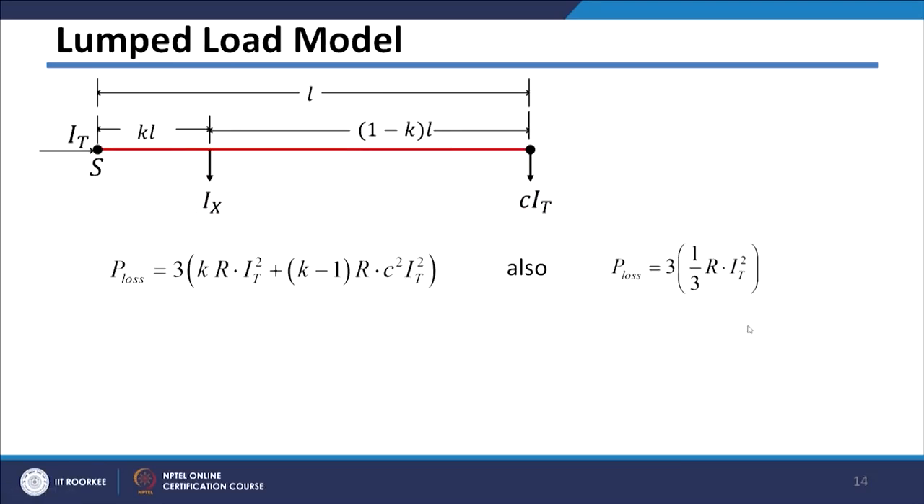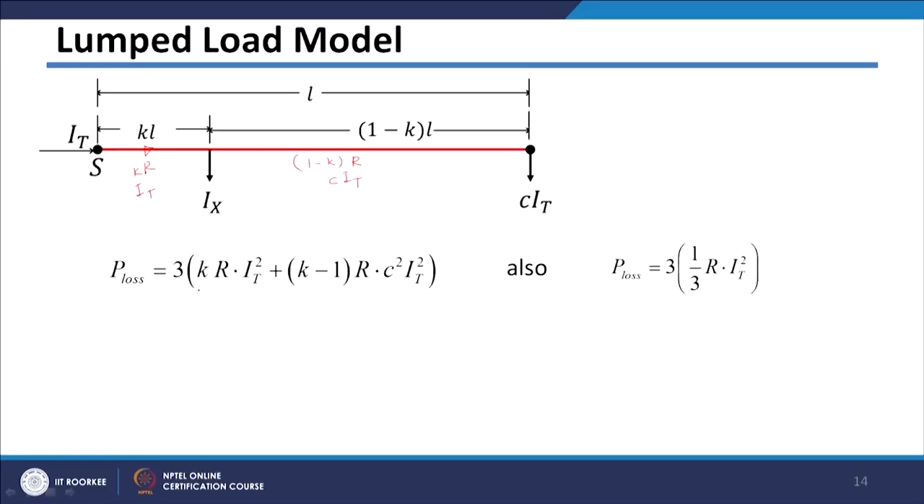Now, another equation we can get from power loss calculation. So, to calculate the power loss in this section, the resistance of this section will be K into R, and the current which is flowing through this section will be the total current, that is IT. Resistance of this section will be 1 minus K into R, and the current which is flowing through this section will be C multiplied by IT. So, I can easily write